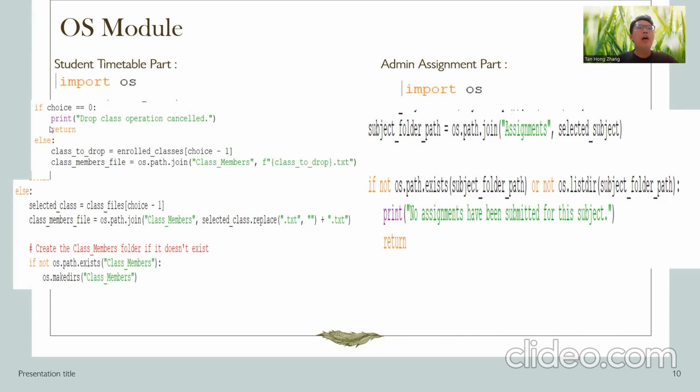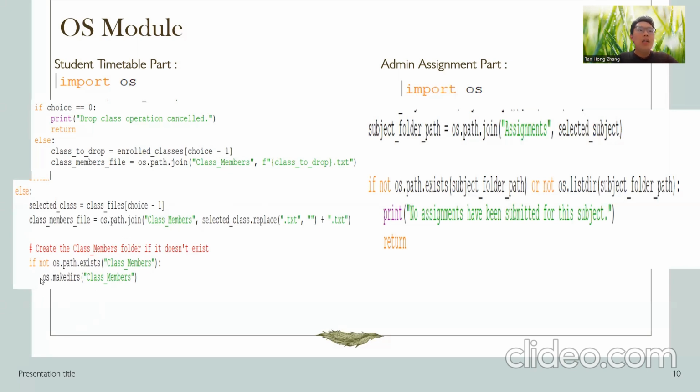So just for example, if choice is equal to 0, we are going to print class operation cancelled. Then we use the class members file equal to os.path.join. What does os.path.join mean over here? It is to check whether the following file exists or not. If it exists, the function will straight away locate and find where the file is located. And os.path.join is also going to combine multiple paths, which means multiple folders, into a single path. Else, if the class member folder doesn't exist inside the folder in Python,